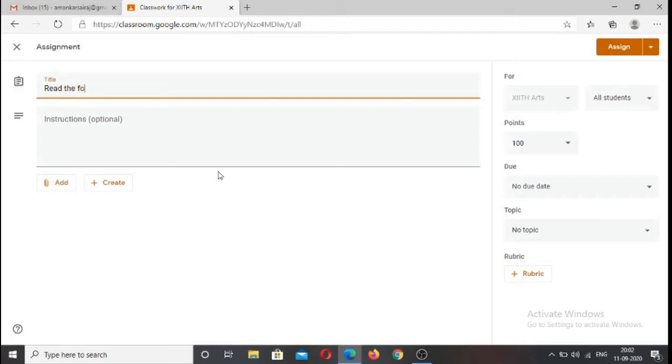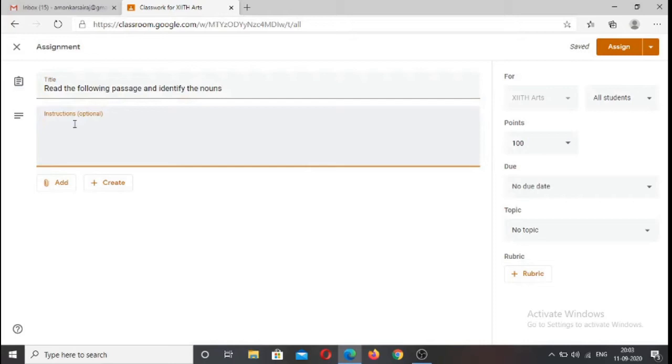Read the following passage and identify the nouns. Okay, so this is my assignment.